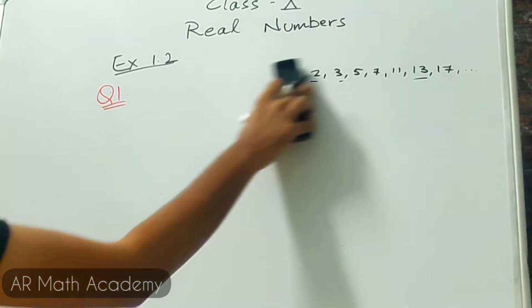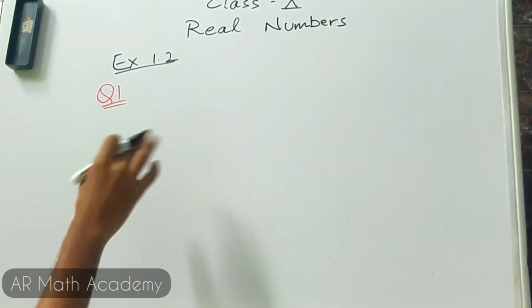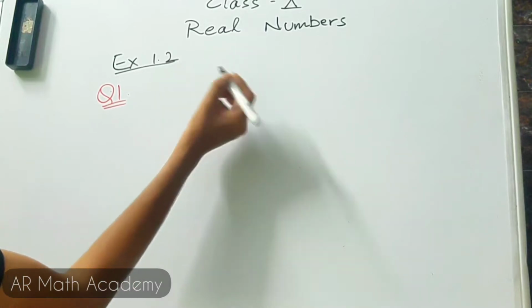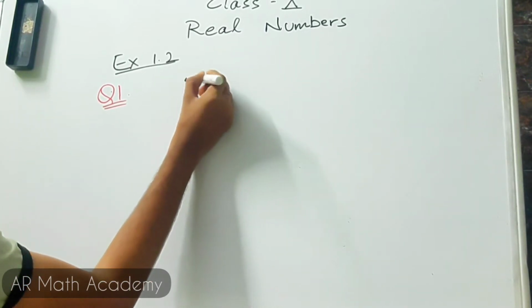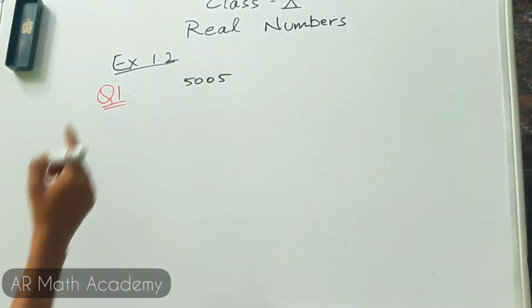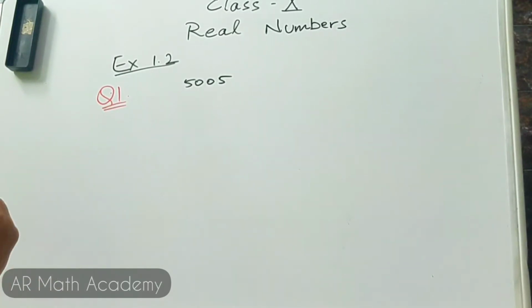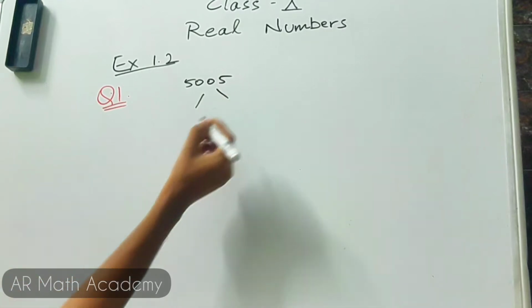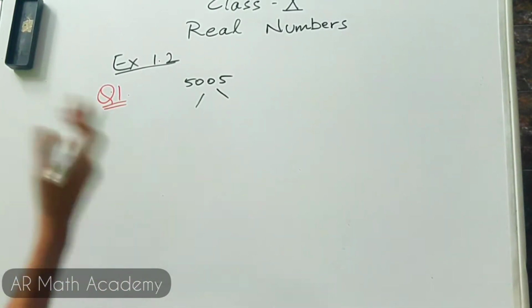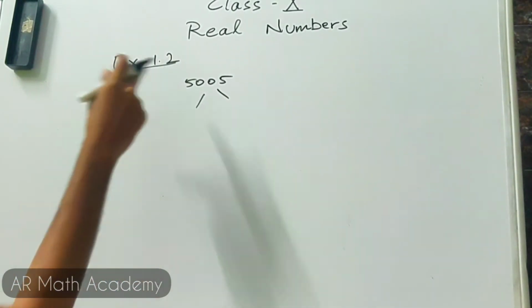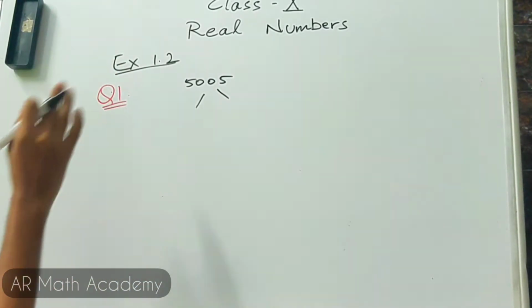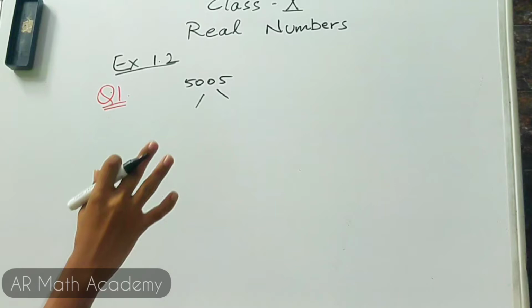Now as for the third problem from question number 1, I am choosing a rather larger number, 5005. Well, what is your first step? The first step is to check if it goes by 2 or 3 or any of the lower ranged prime factors. So first let us check with 2. No, it doesn't go with 2. Well, check if it goes with 3. Well, it doesn't go with 3.